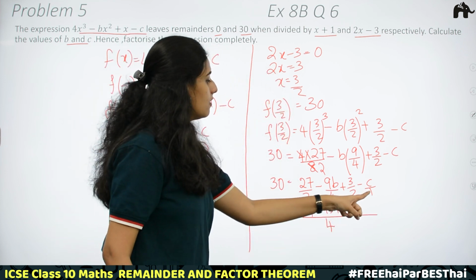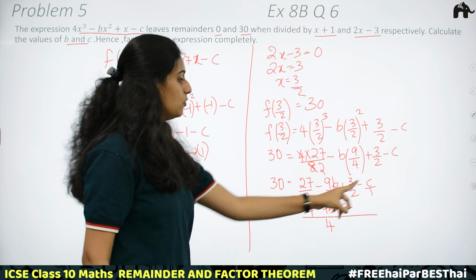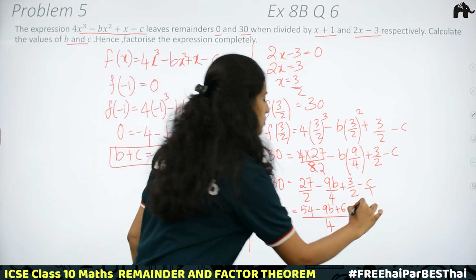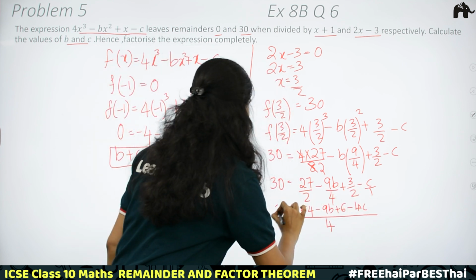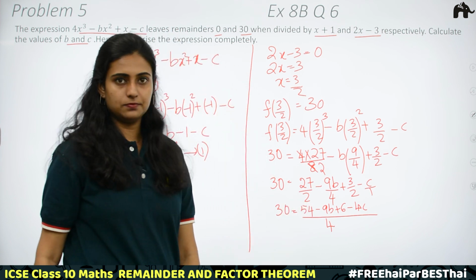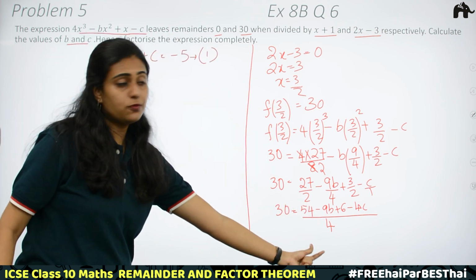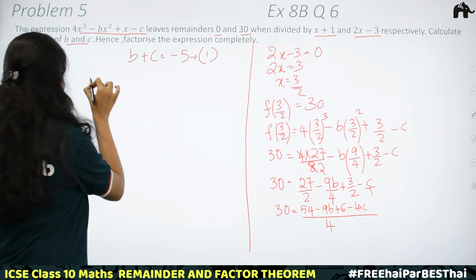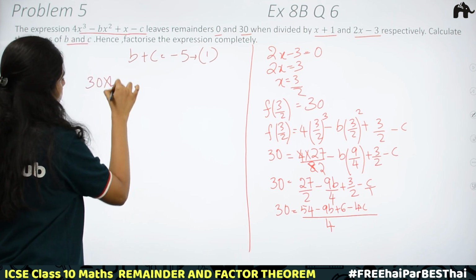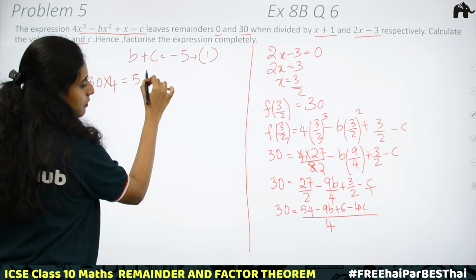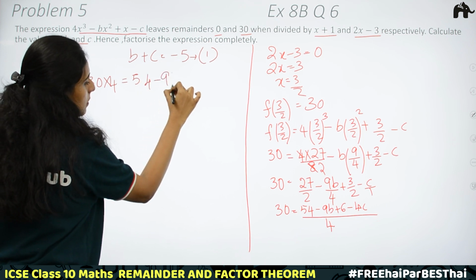Minus 1 into 4 is 4. 4 into c, that is 4c. Here LHS we have 30. Okay. Now taking this 4 to the opposite side, we get 30 into 4 is equal to 54 minus 9b